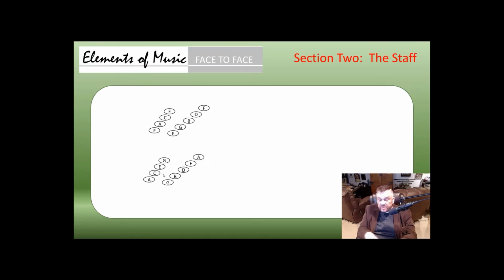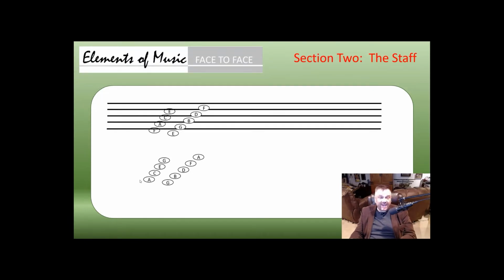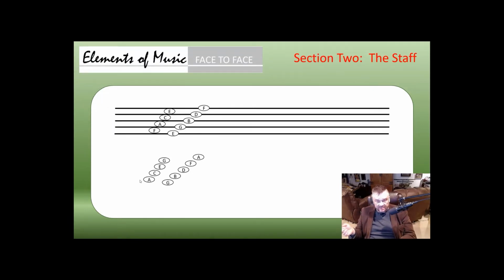So looking at the piano keyboard, left to right, right? Low to high. But on the musical staff, low to high is from down to up, as it would be. We would think low, right, on the bottom, high on the top. Okay, so then if we add these lines and spaces back in,